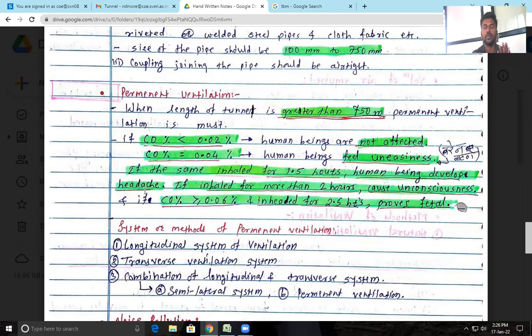A headache will develop if we continue respirating CO at 0.04% for 1.5 hours. If this continues for more than 2 hours, the human may become unconscious. Suppose the CO percentage increases above 0.06%, and it is inhaled for 2.5 hours and